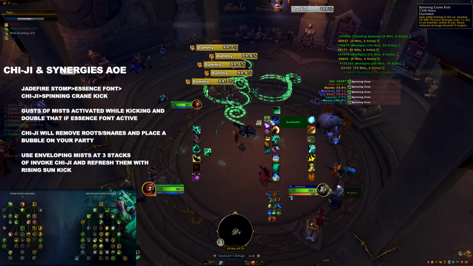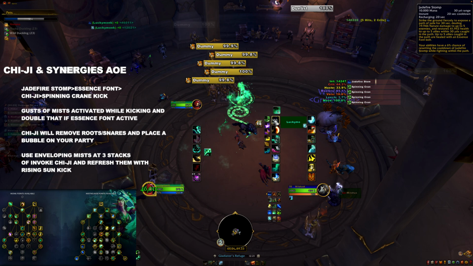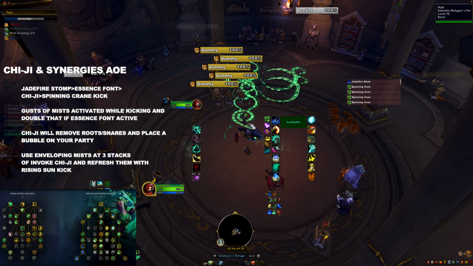Okay, and I'm going to go behind the reason for these things, why all these things are so important. So when you Essence Font your party and you bring out your Chi-Ji, every kick that you do, including your Spinning Crane Kick, so every kick that you do, Gusts of Mist, which is your mastery, Gusts of Mist will heal your party. So